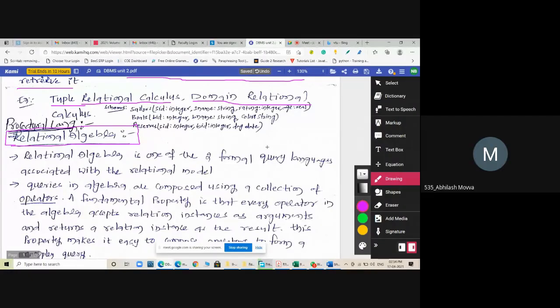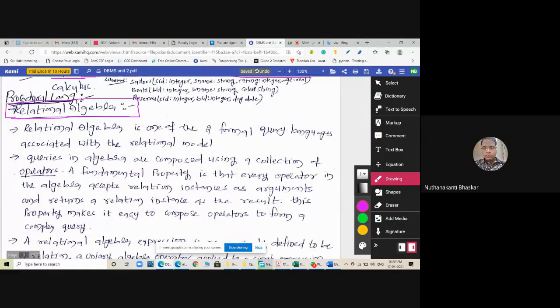Now coming to relational algebra. We are going to learn what relational algebra is, what the procedures are, and what functionalities it has. We will discuss them one by one. As I told you at the beginning of the topic, it is completely based on a mathematical model, so we are going to use mathematical implementations.